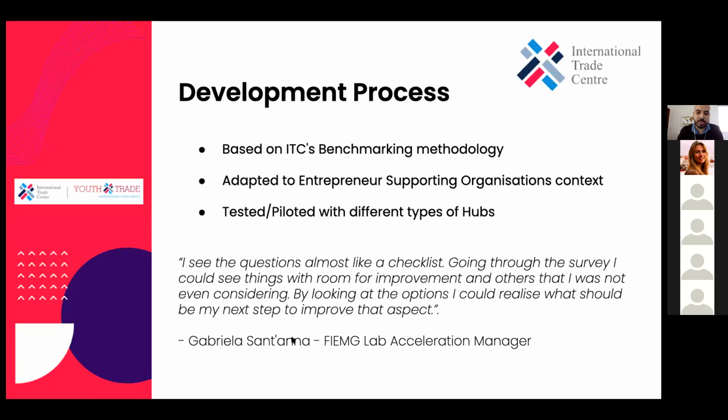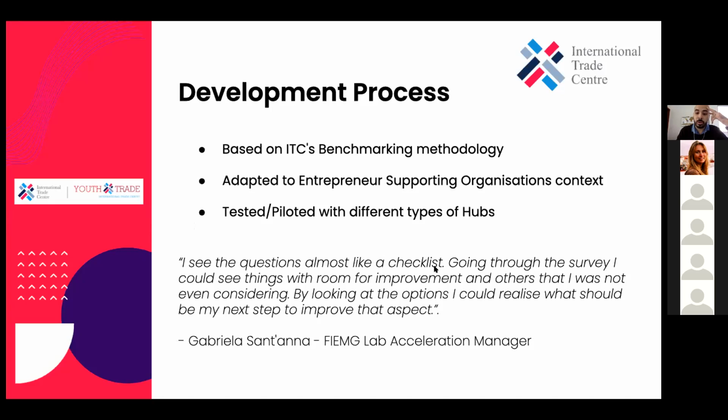So just giving an example for Gabriela. Gabriela is the acceleration manager of a program here in Brazil. She was one of the managers who were piloting this together with me, and this is what she wrote to me. "I see the questions almost like a checklist. Going through the survey, I could see things with room for improvement and others that I was not even considering.